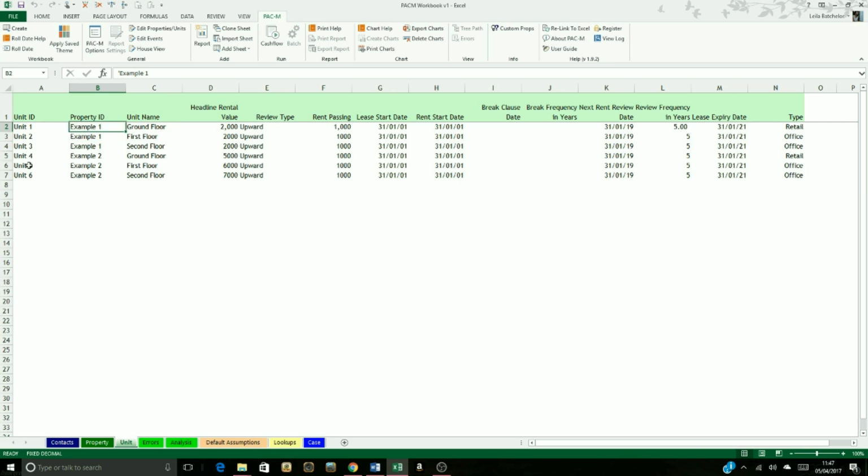And we can see the first 3 here are related to property 1, example 1, and the latter are related to property 2. Okay, now that we've filled in our unit and property details, we can check our market assumptions